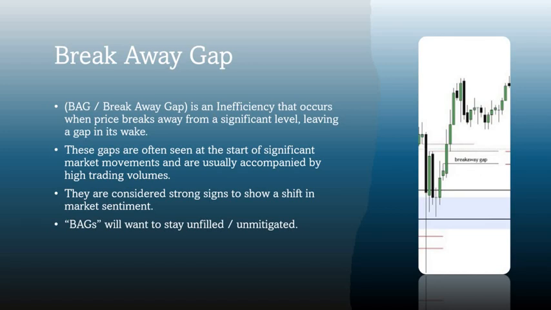How do you know it's going to be a breakaway gap? You will usually have a gap that is created, and you will usually get displacement through a high without filling the gap after it. And that is after you already filled some type of other gap. Okay? That is usually the occurrence that will happen. You will usually have filled an original fair value gap. You usually create a second fair value gap. But before that second fair value gap can get filled in as a fractal, it's going to get displacement through a high, an intermediate term high,